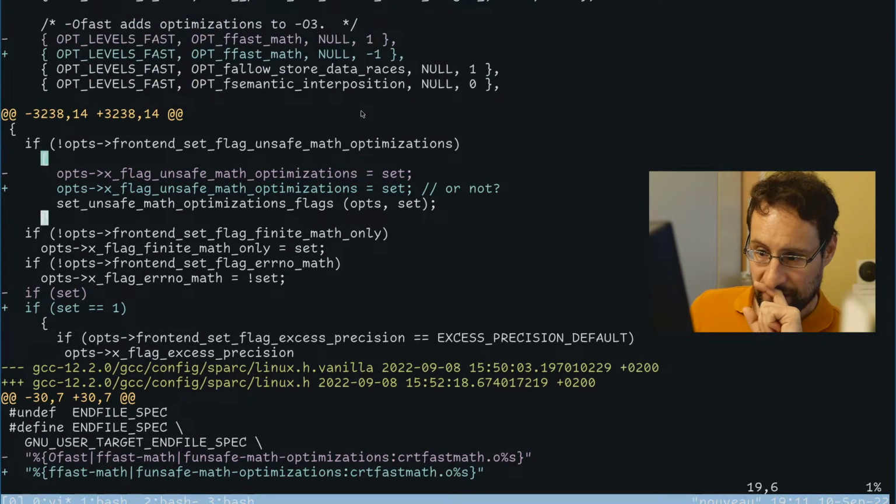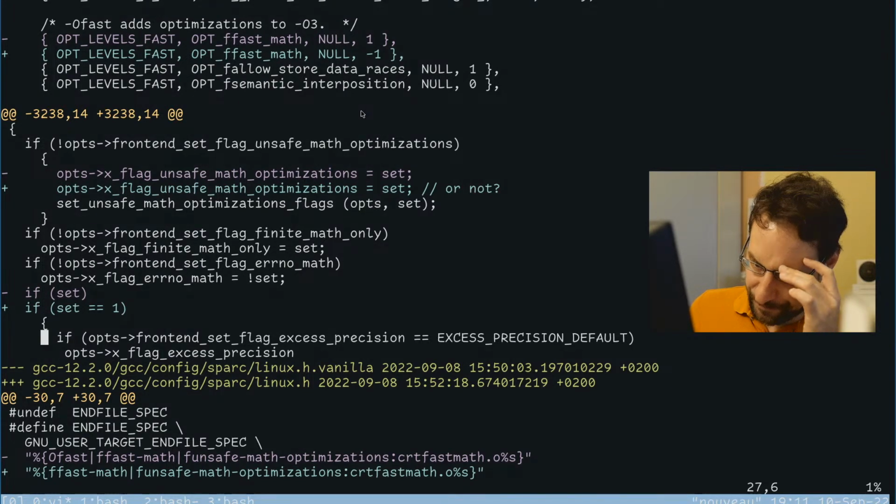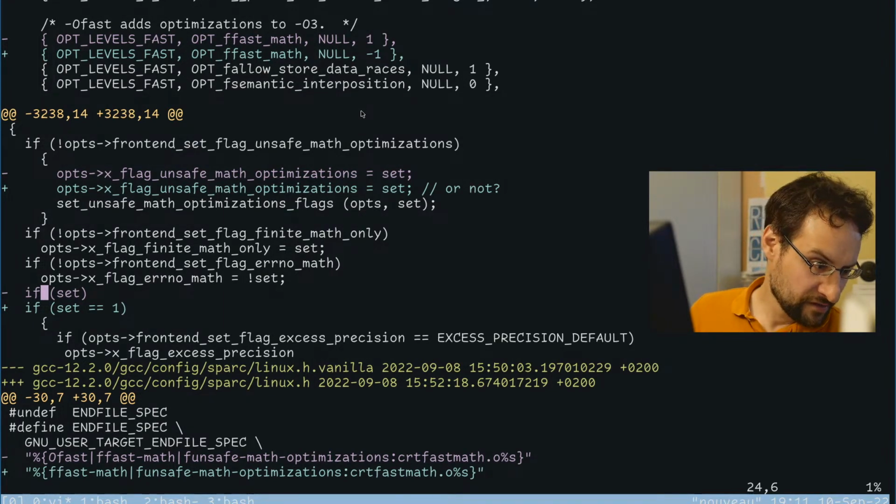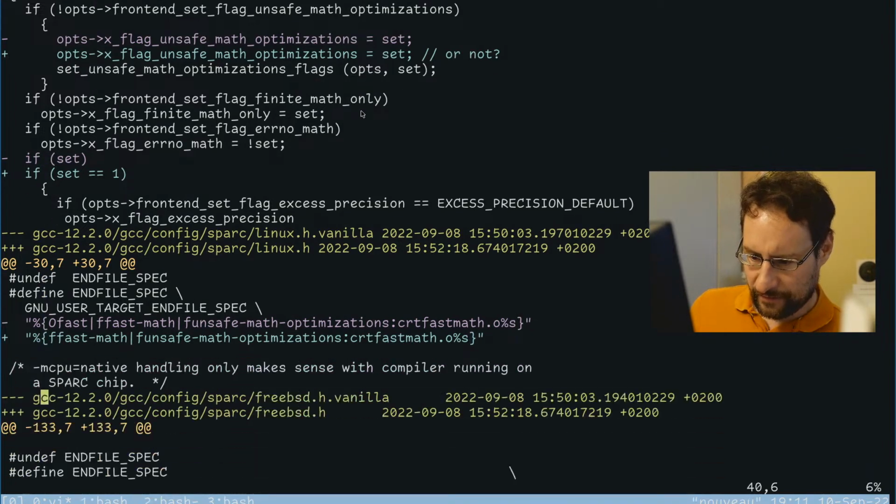I think all the unsafe stuff was in here. Actually, I toyed around a little bit with that. And so with that, we have OFast without all the really unsafe, considered harmful stuff. And as I said, also not linking this bloody CRT fast mess with OFast.